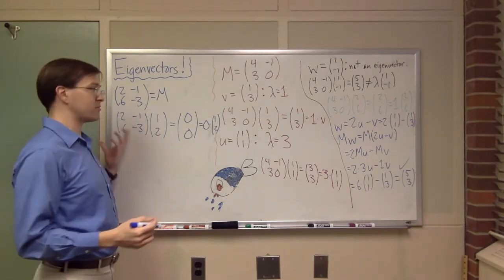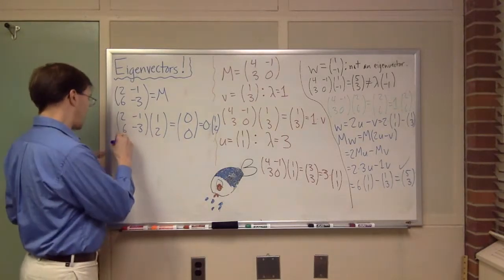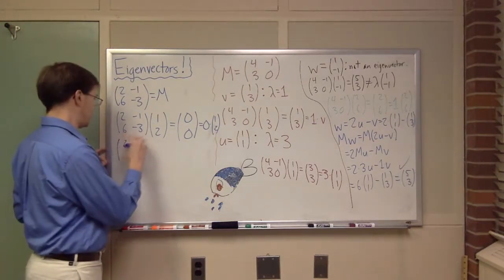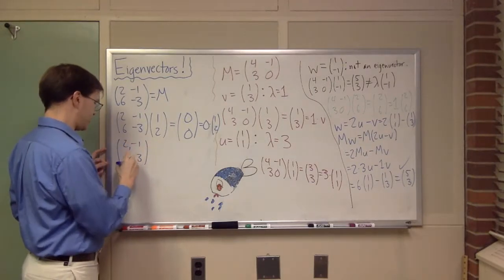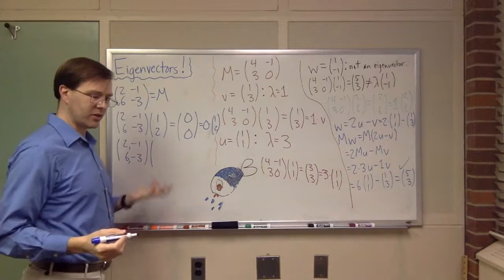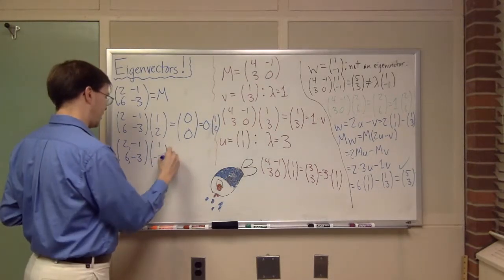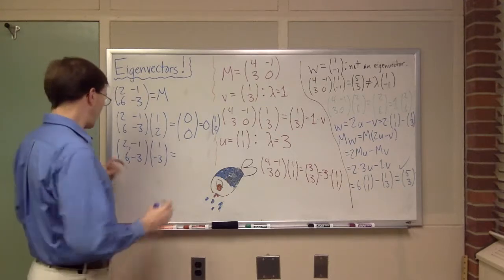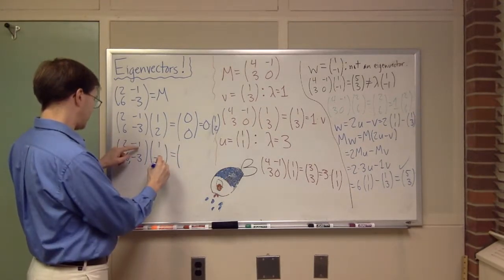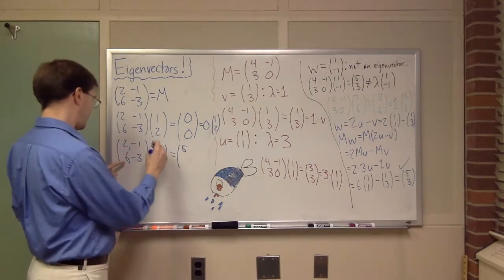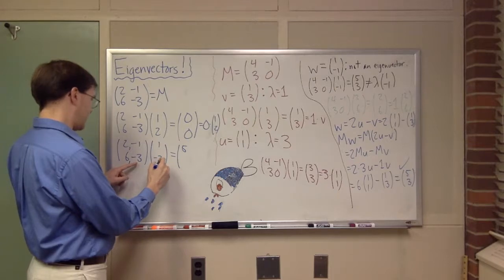This is a vector where matrix multiplication just kills it, throws it away. The other eigenvector that this particular matrix has is 1, negative 3. And if we plug that in, we'll find that gives me 1 times 2 plus 3 is 5, and 6 times 1 plus 3 times 3, that's going to be,